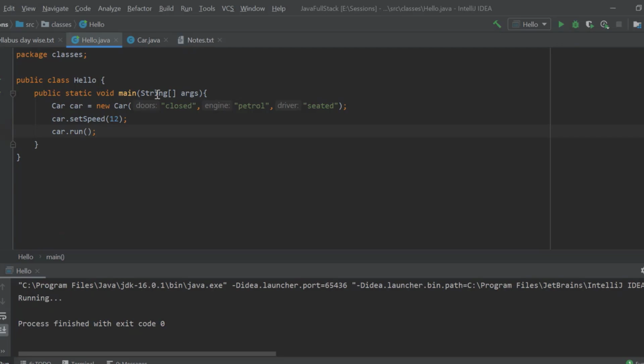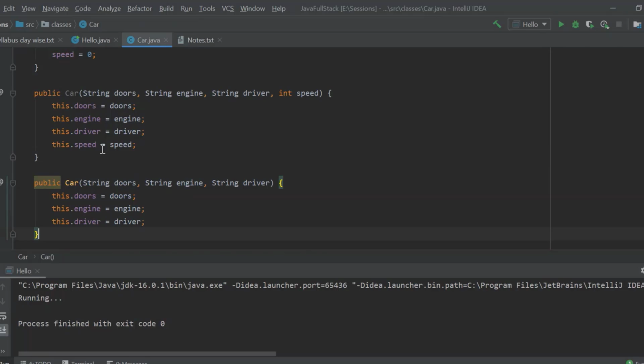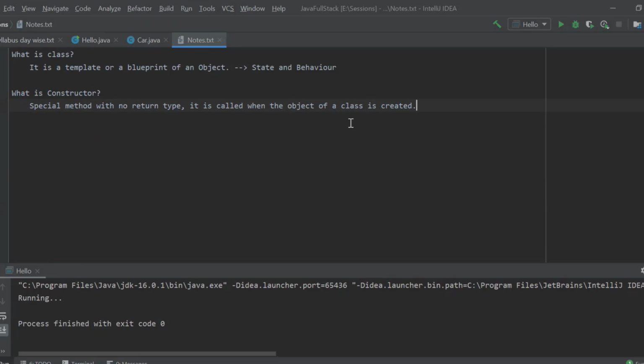If you remember, before developing our constructors, we had only getters and setter methods. So only getters and setters with a plain default constructor over here. Those kinds of files are called POJO files. What is POJO?